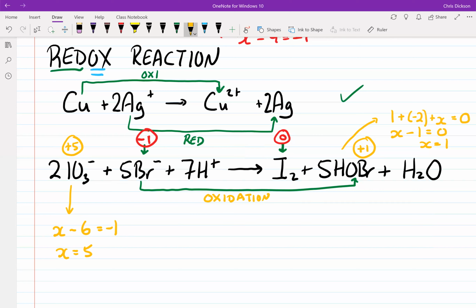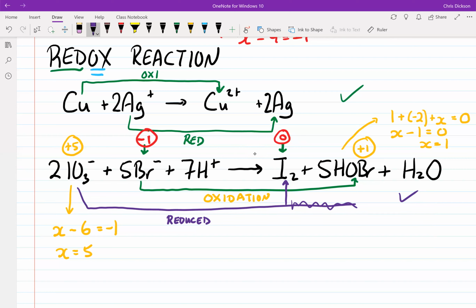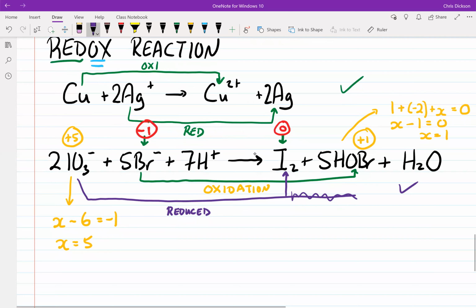So you went from a +5 state, to a, let's scribble that out, sorry guys, to a 0 state. So that is definitely reduction. I reduced it by actually 5 electrons. Okay, so this is definitely a redox reaction, and sometimes you have to do that. You actually have to look at the oxidation numbers and figure out, did something actually happen to it here? Okay, so let's take a look at